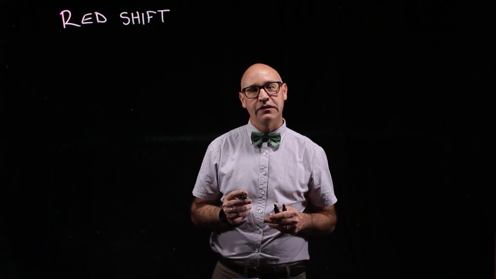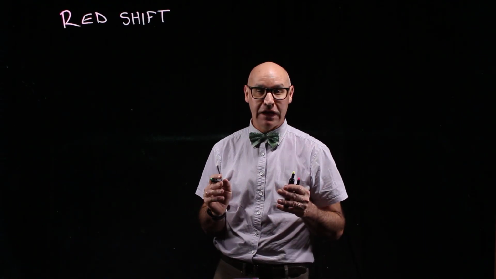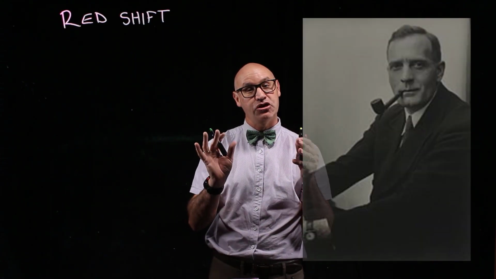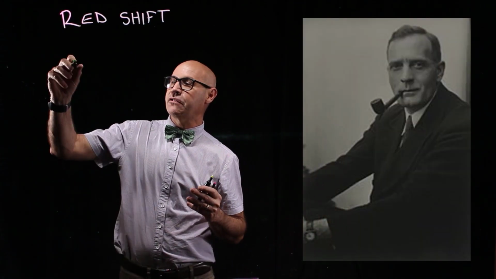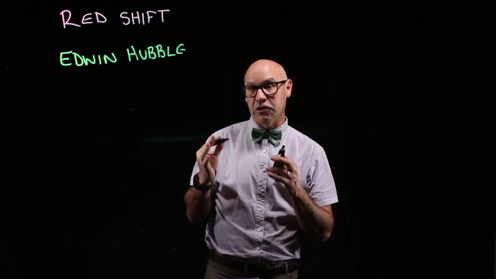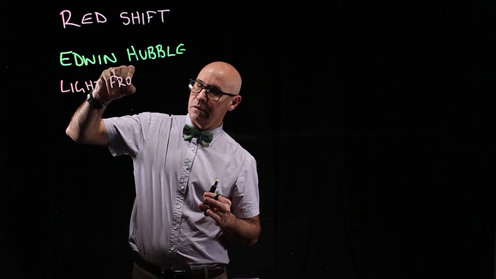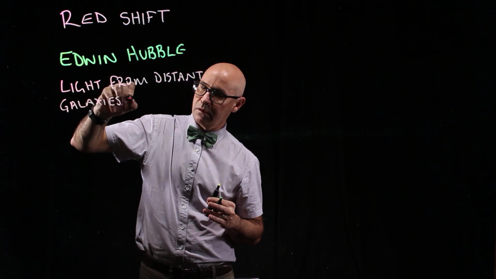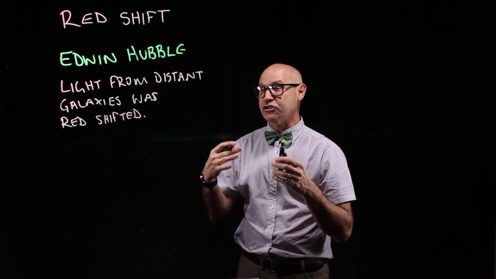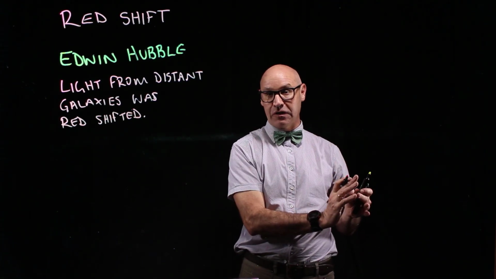In the 1920s, an American astronomer named Edwin Hubble identified that light coming from distant galaxies was red-shifted. So the astronomer was Edwin Hubble, and his discovery was that light from distant galaxies was red-shifted. I'm going to explain what redshift means, and what that actually tells us about the